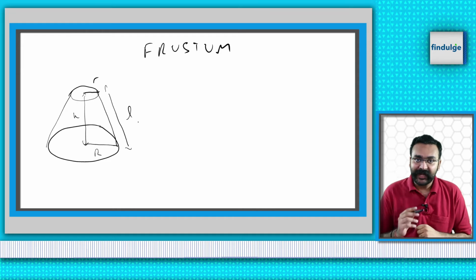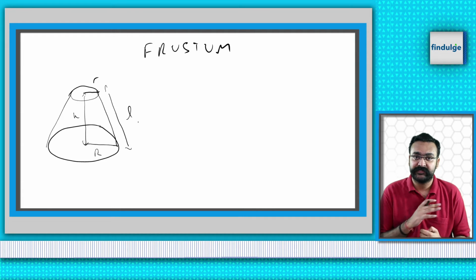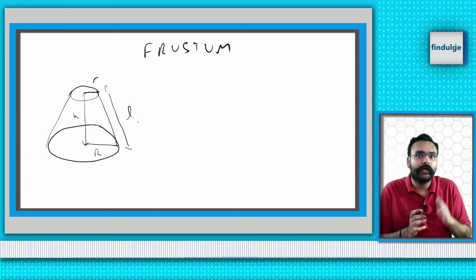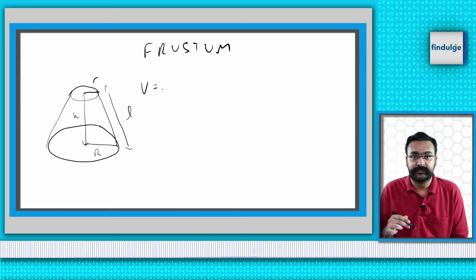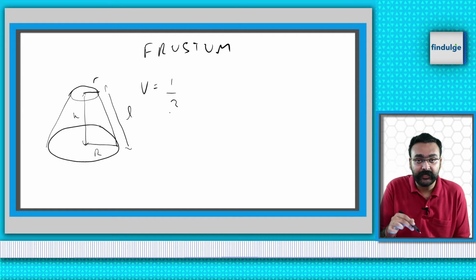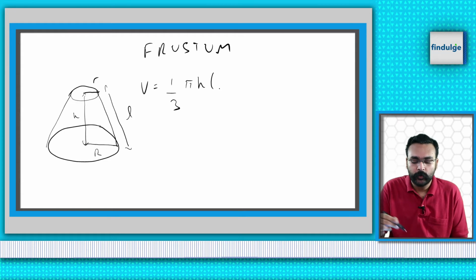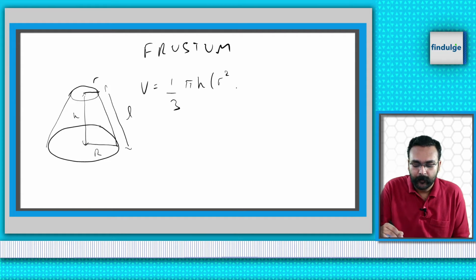Now we can derive the formulas for things like surface area and volume, but we are not going to do that because it takes a long time and it is not part of your syllabus. So I will just state the formulas to you. The formulas are similar to the cone formulas, which makes sense because the cone is what the frustum comes from. So first, the volume of the frustum is 1 by 3 pi h into R square plus